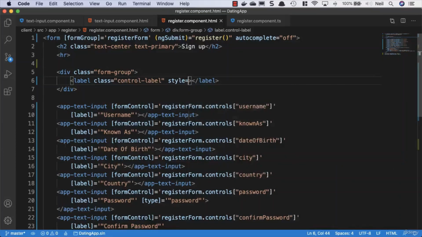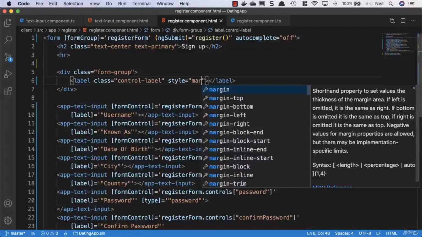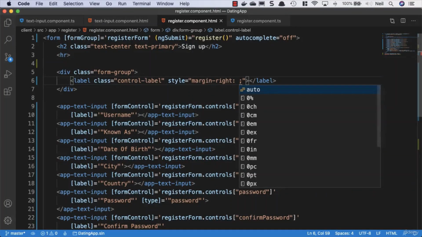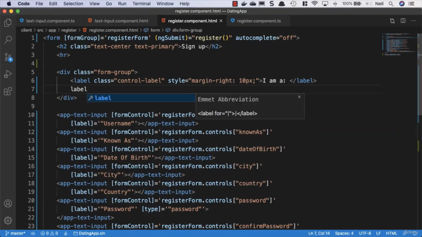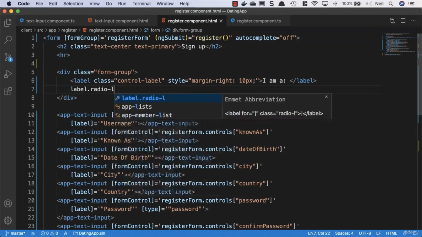We'll give it some style, and specify margin-right of 10 pixels, and inside here we'll say "I am a:", and then we'll add another label, and this is going to be radio-inline,